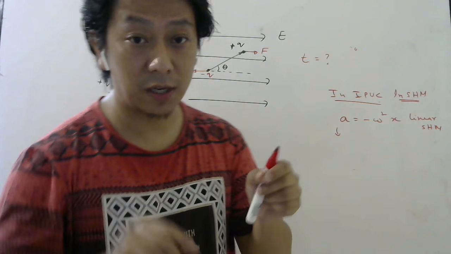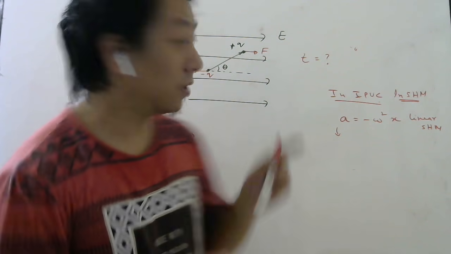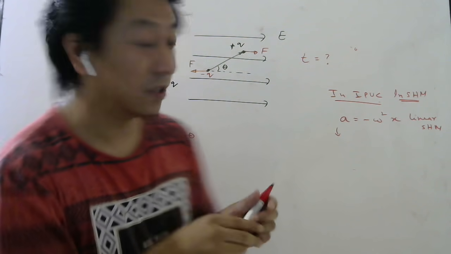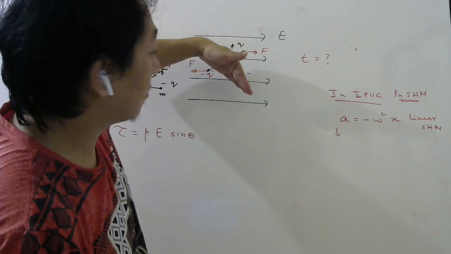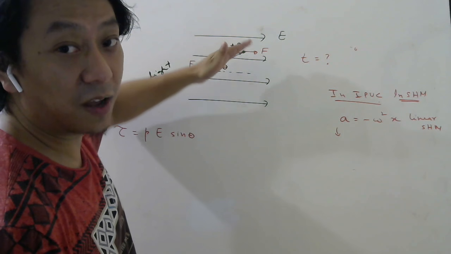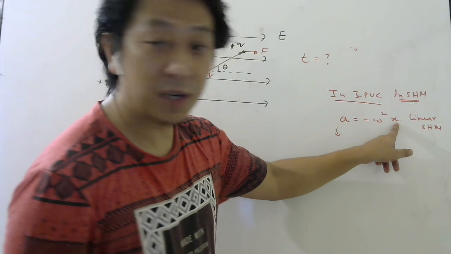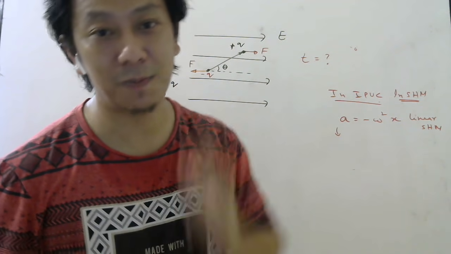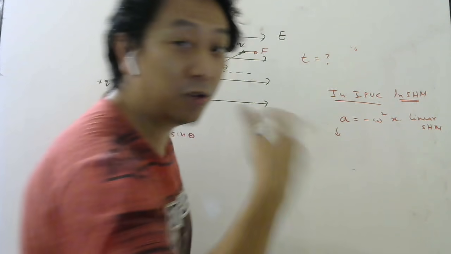Now sometimes, like this rod, you see it goes like this. That time this theta will keep oscillating. Right now theta is, let's say, 5 degrees, then 0, then minus 5 degrees, then again 0, 5 degrees, 0, minus 5 degrees. So that time the linear displacement is not changing, the angular displacement is changing. So you have to write this in terms of angular quantities.